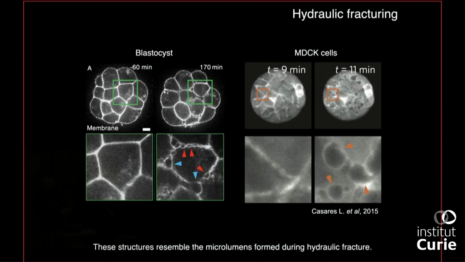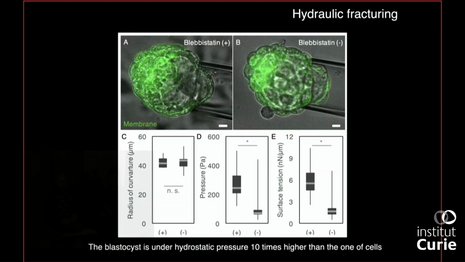And they had estimated the amount of pressure that you need in the fluid to break open those cell-cell contacts. And it's in the range of a few hundreds of pascals, okay? So we first measured the pressure inside those lumens, and this is a micropipette aspiration that we use to also measure the pressure inside the lumen. We measure something in the range of 200 Pascal. It also depends on the activity of actomyosin. So the fact that the epithelium is squishing the fluid, pressing onto the fluid, could also build up the pressure. And so we have pressures which are in the correct range for hydraulic fracturing to happen.